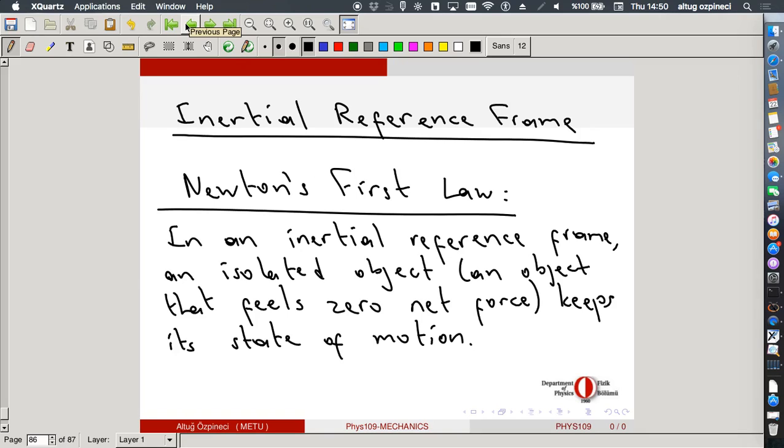As your friend points out, nothing is moving at constant velocity. Well, it's not exactly true. For example, in the reference frame fixed on my body, this is moving with constant velocity. It has zero velocity, but that is a constant velocity. So he knows at least one part of this state, that if something is at rest, if there is no force acting on it, it should be at rest.